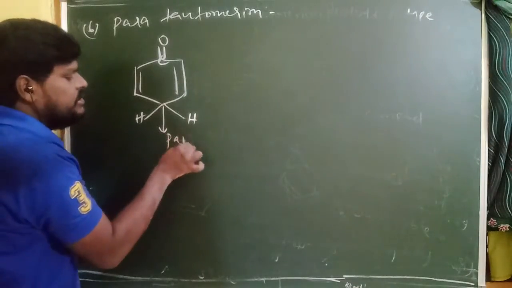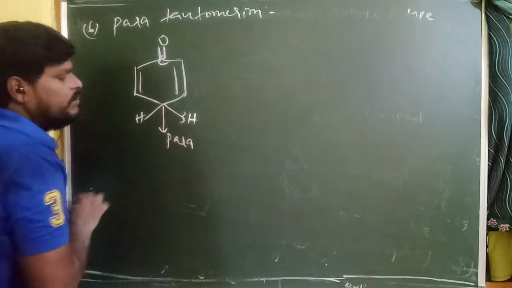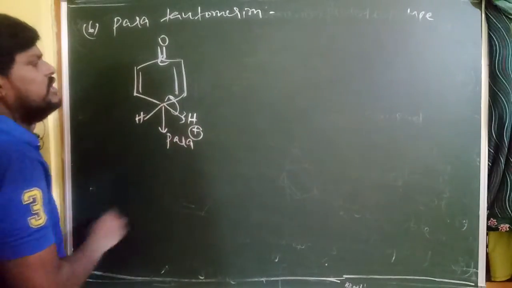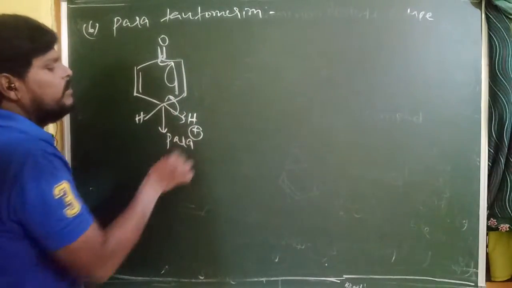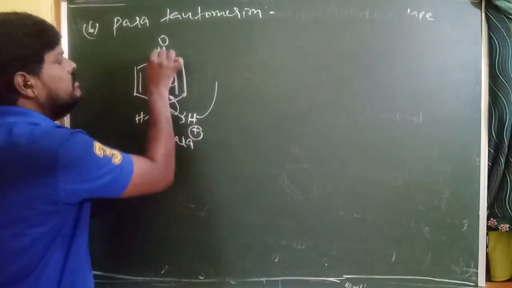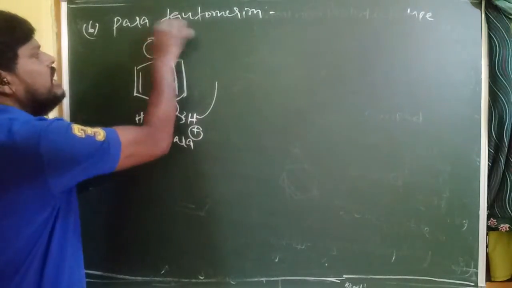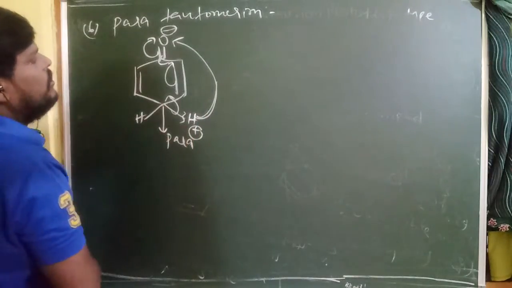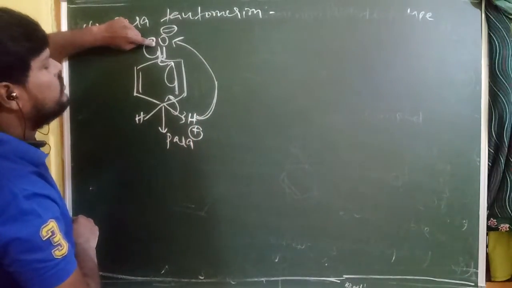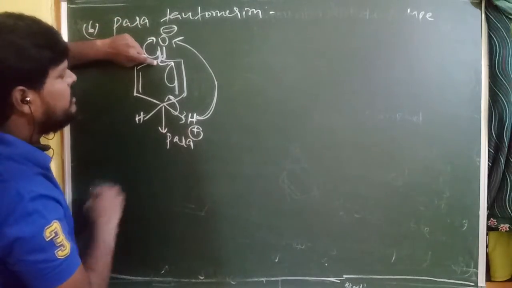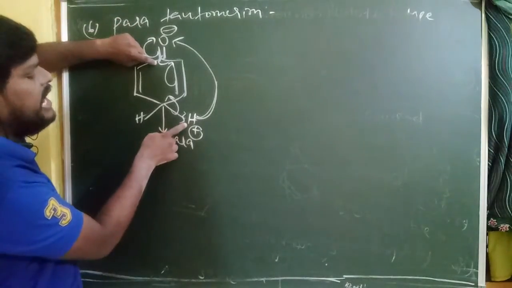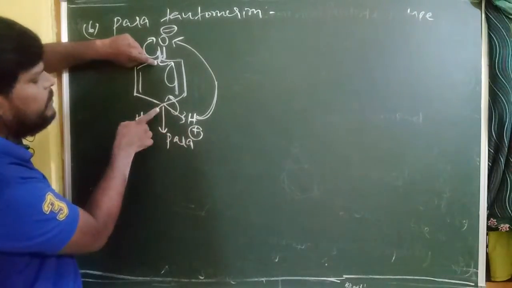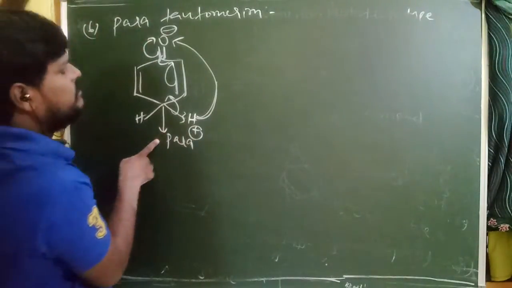This is the para position. That's why the bond here breaks. This bond rotates between these two carbons. Immediately this hydrogen has a positive charge, and this bond rotates between these two carbons, and this bond rotates towards oxygen, and oxygen gets a negative charge. This hydrogen migrates towards oxygen, because here oxygen is the more electronegative atom of the carbonyl compound in keto form, right? So the positively charged hydrogen is migrated from the para position. That's what para-tautomerism is, right?